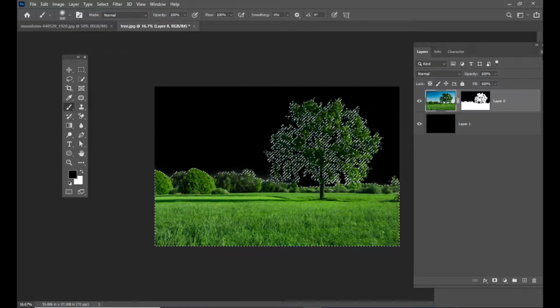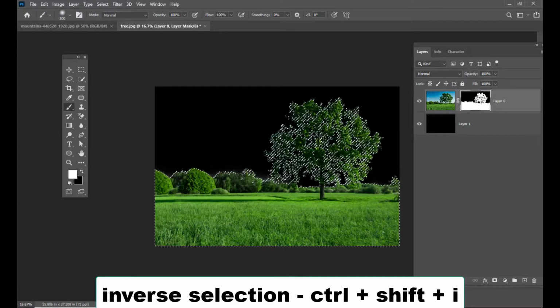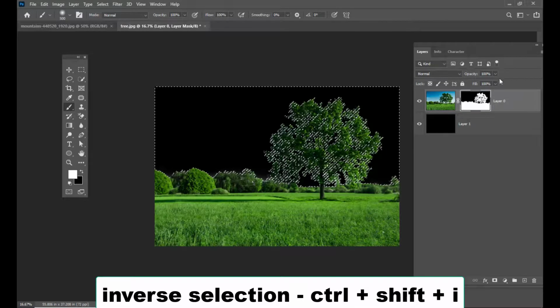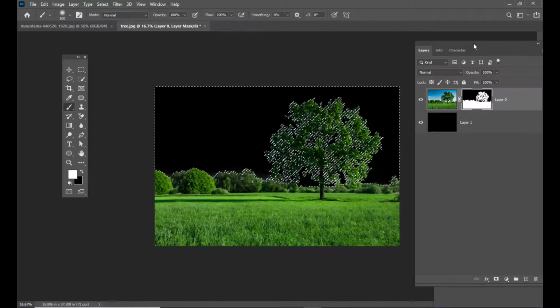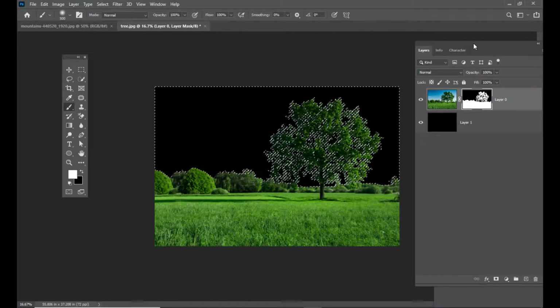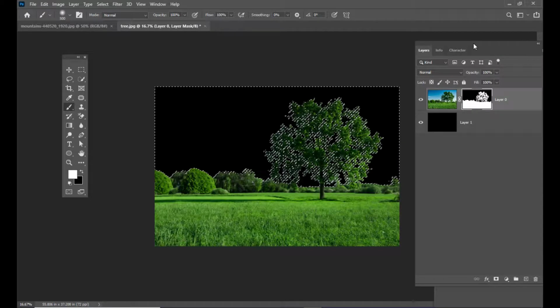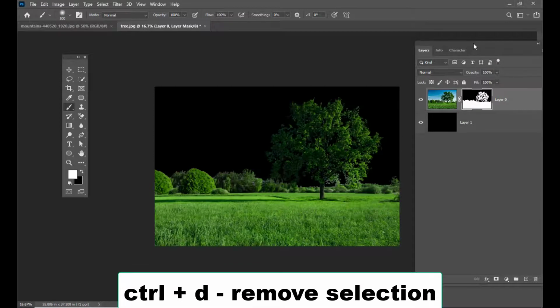To inverse the selection, we use the keyboard shortcut Ctrl+Shift+I. Make sure that the mask thumbnail is active and simply hit Delete. Right, and we can remove the selection simply by hitting Ctrl+D. So we have removed the blue fringe,